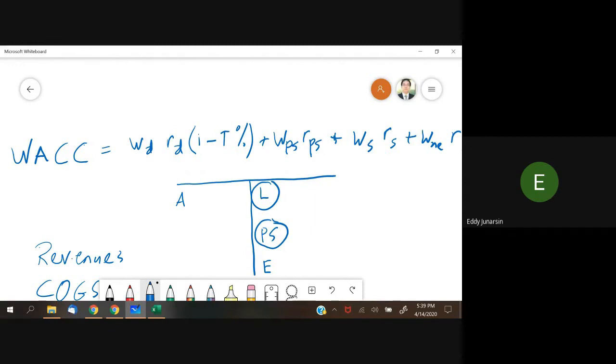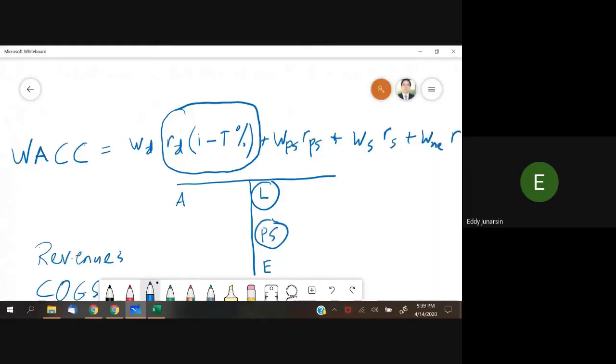And you see, this additional fact tells us that even the cost of debt is tax deductible. So it's already cheap. It's already cheaper than preferred stock, let alone getting the tax deductibility. The cost of debt is already cheaper than the preferred stock naturally. And in fact, it also gets the tax deductibility. So it's even cheaper.